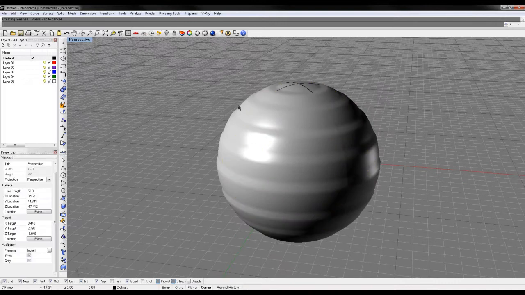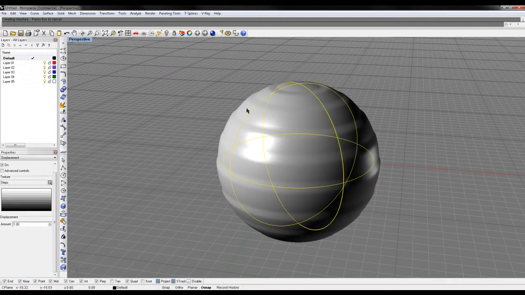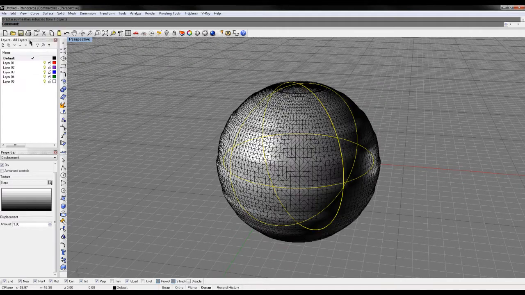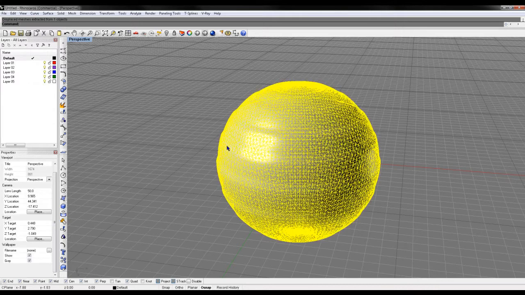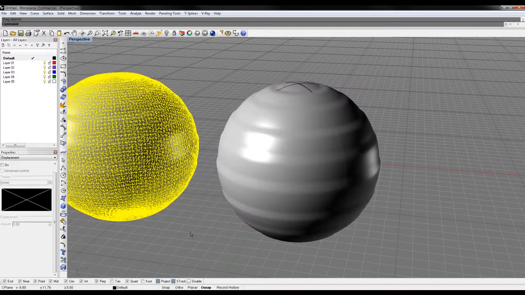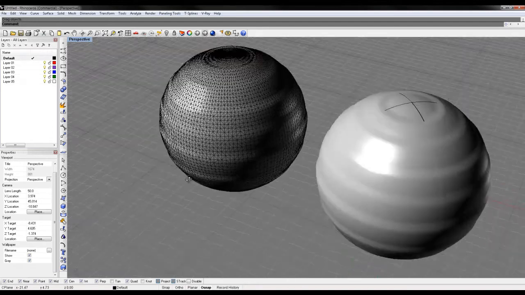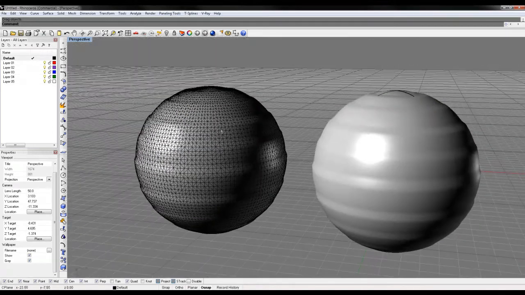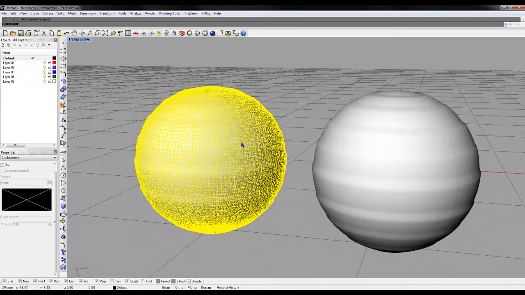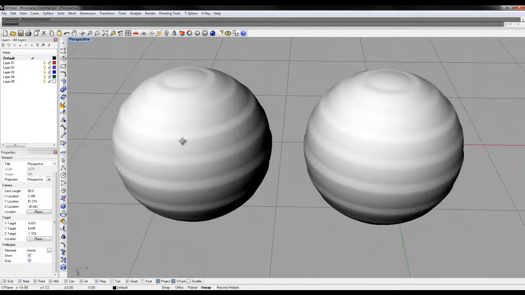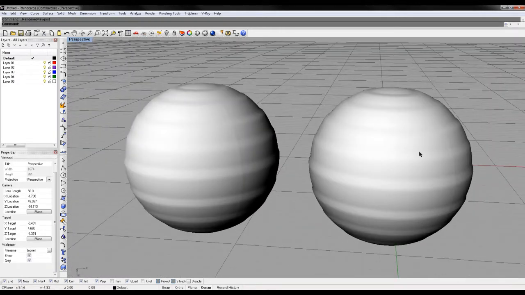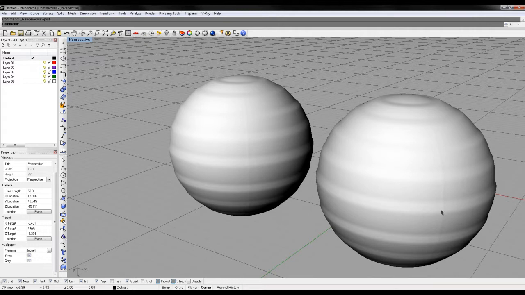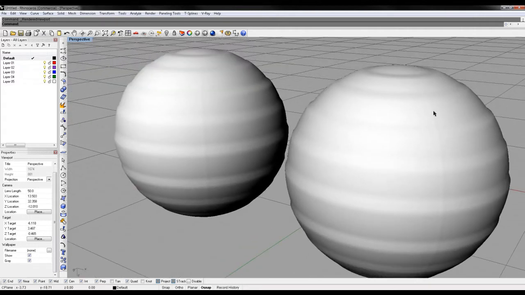Now what I can do is click on this and extract displaced meshes, and what that's going to do is create a mesh. It'll keep my original, but it's going to create an actual meshed version that I can then take and export to whatever. The other thing is it's pretty sensitive to edges and tiling, so if your map isn't perfect,